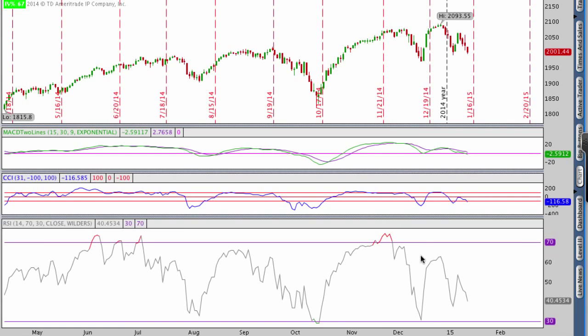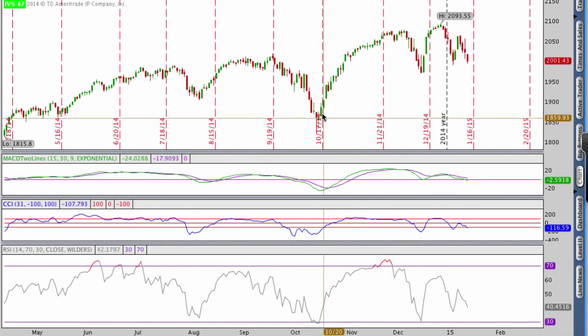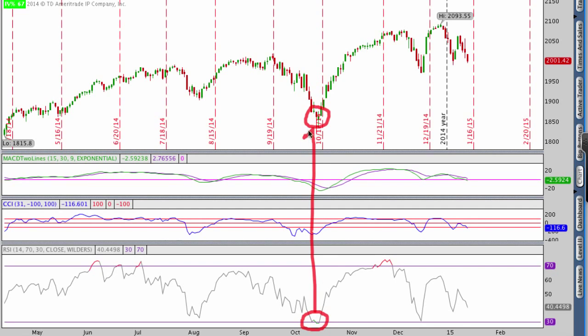Now, when we look back in time again with CCI and MACD, and let me just try to smush these down just a little bit. Here's the look at the S&P 500. You can see that we did get a reading all the way down here on RSI below 30, which ended up being almost a perfect buy on the market because stocks really bottomed out from that point and continued to